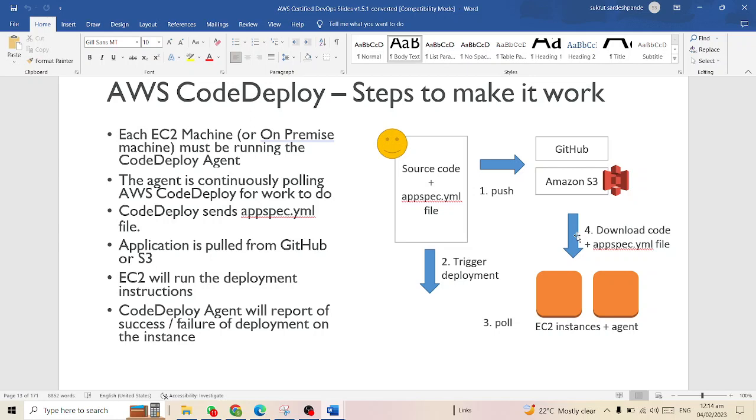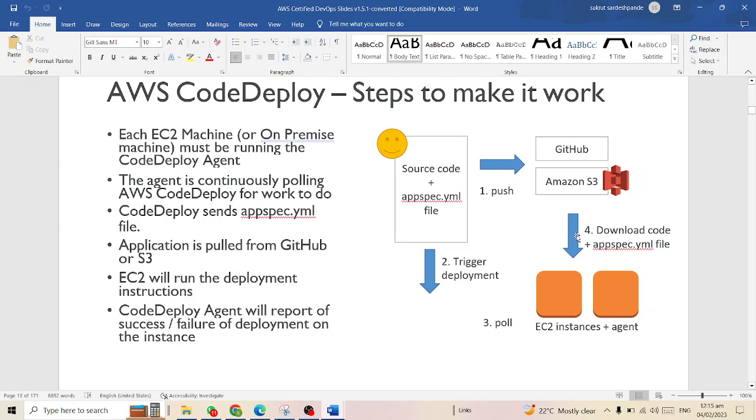Any EC2 machine or on-premise machine must be running the code deploy agent. The agent is continuously polling AWS CodeDeploy for work to do. AWS CodeDeploy sends the appspec file. Always remember, code deploy will send the appspec file,